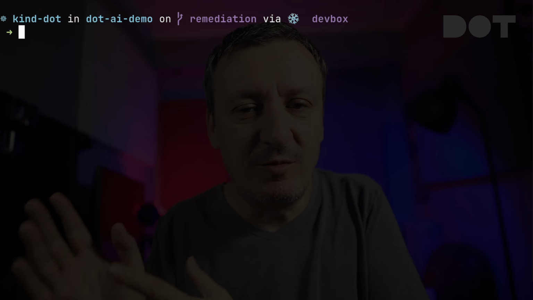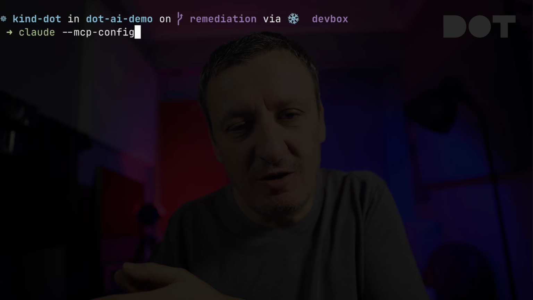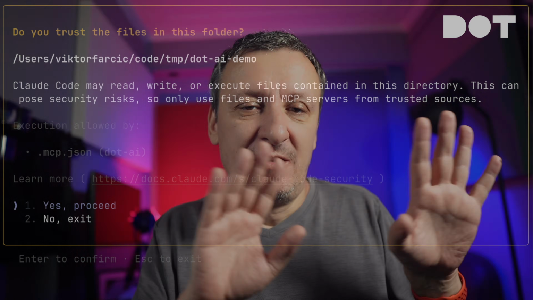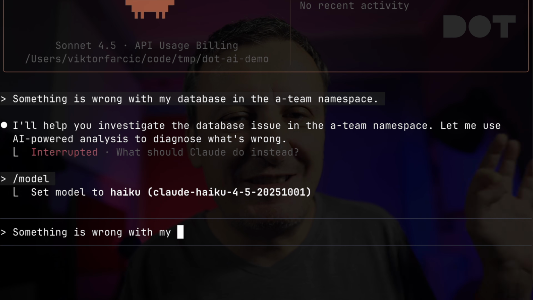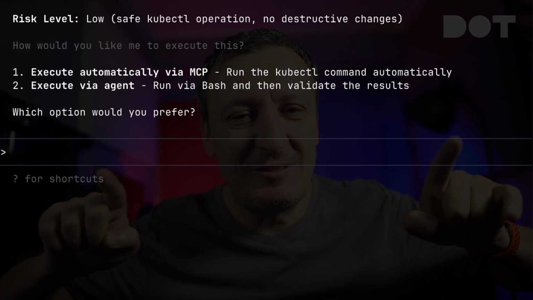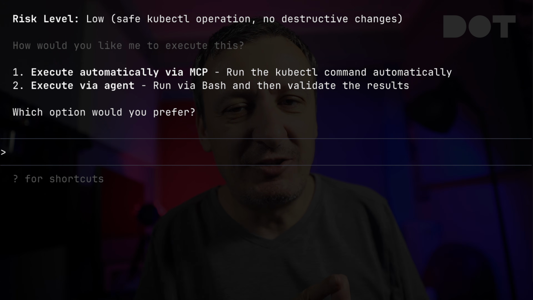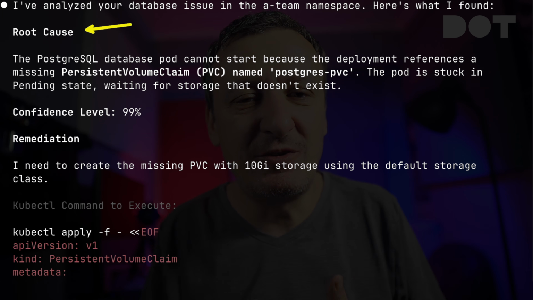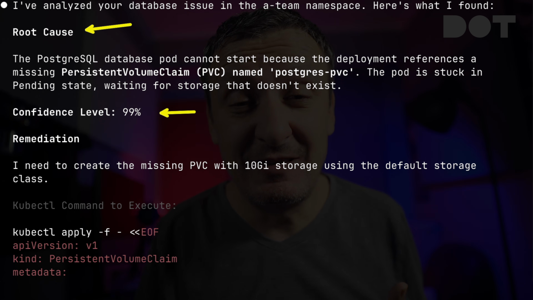Or, as we'll see in a moment, we can connect it to a controller so even detection can be automated. For now, we are skipping detection because we already know there's an issue. So let's just tell the agent what's wrong. Look at that over there. The agent analyzed the issue, followed the same breadcrumbs we did manually, identified the root cause with 99% confidence, and